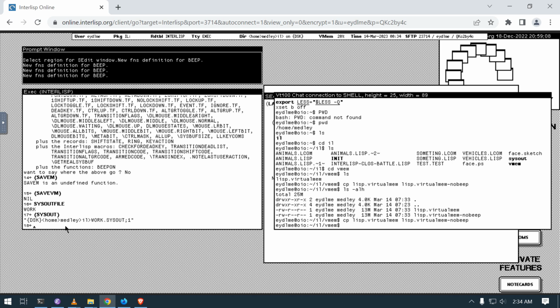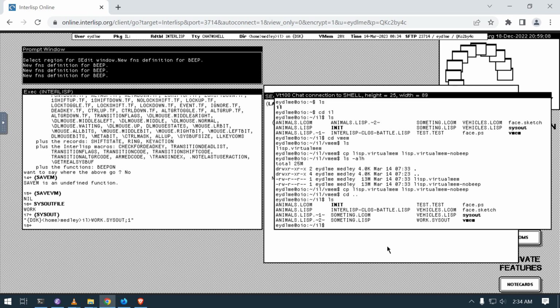And what I want to copy this to now is online.sysout. So I need a cd right here and ls, and then there's a sysout right here, right? Notice the work file is right here,